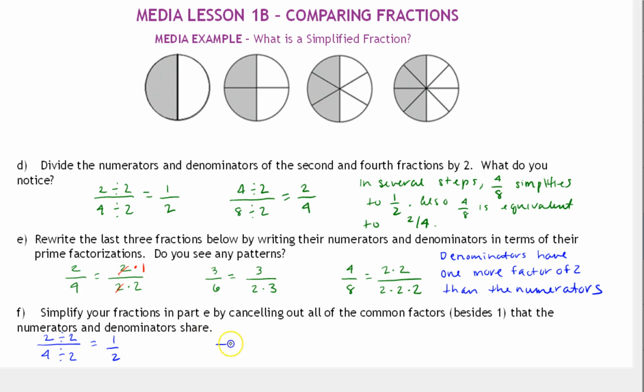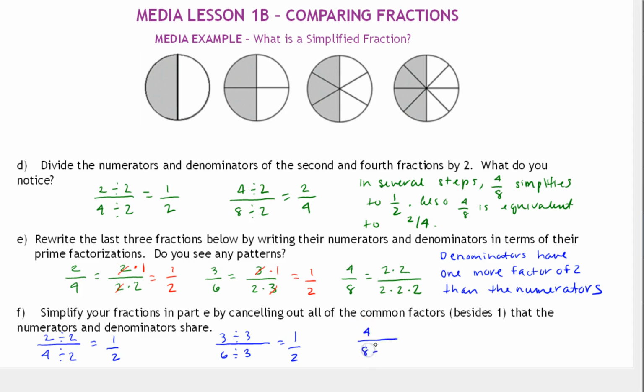we'll do this the division way and then we'll cancel. 3 over 6, well, we'll divide by the common factor of 3. 3 divided by 3 is 1. 6 divided by 3 is 2. Or we can just cancel out the common factors of 3, and what remains is 1 over 2. And I actually never wrote that here. So cancel out the common factor. If nothing remains, put a 1, and then write the final product. Okay. And the last one,